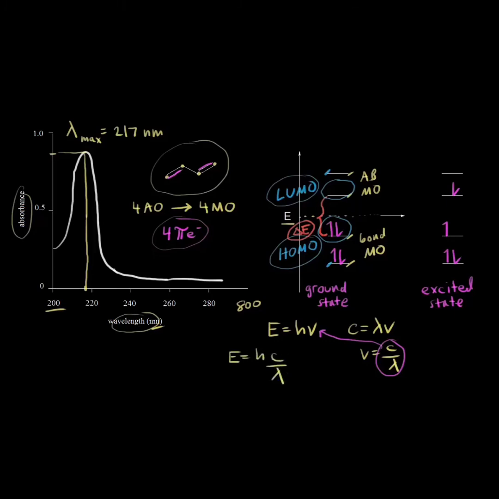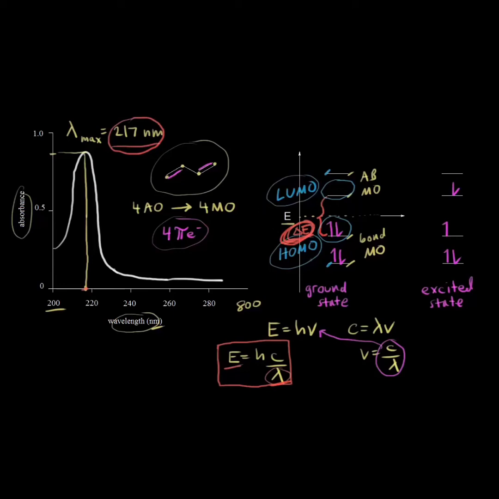And this is really important, right? So energy and wavelength are inversely proportional to each other. And you can think about one wavelength giving you a specific amount of energy. And so this energy difference between the HOMO and the LUMO corresponds to a wavelength. And if we go over here to the absorption spectrum for butadiene, we're talking about a wavelength of 217